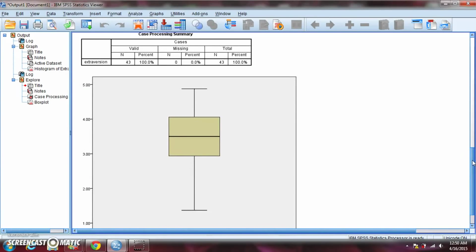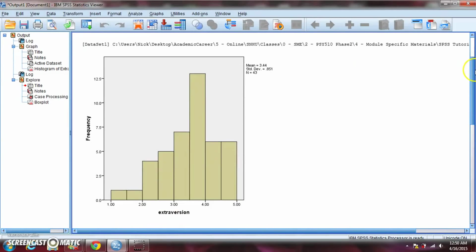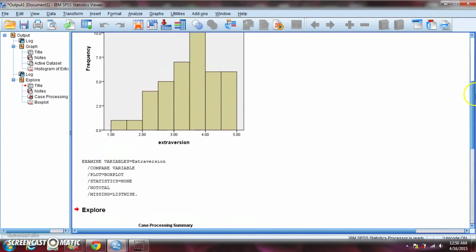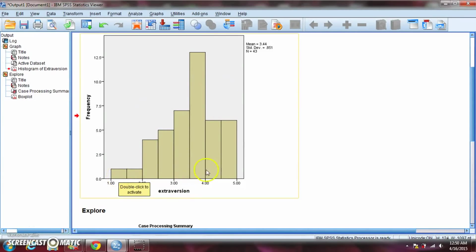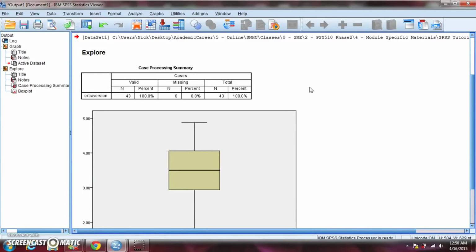One thing to point out is that SPSS keeps like a running tab of everything that you've done in the output file. Some of it seems kind of irrelevant. It is the computer code. If you don't want to see that, you can just click it, click delete. If you make a mistake or you no longer want to see, for instance, your histogram, again, you can just select it, hit delete, and it's gone.